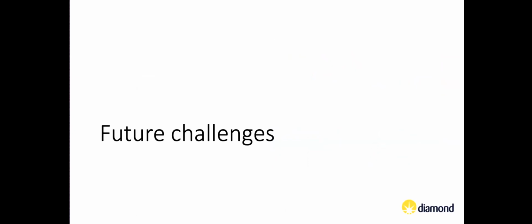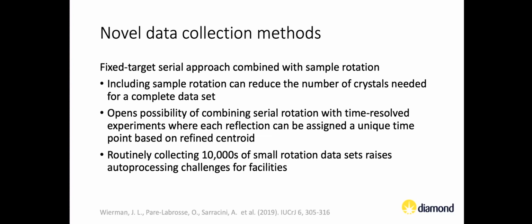Just finally, I'll finish with a couple of slides on what I see as some of the future challenges that we face. There have been some developments in recent years. For example, this group out of CHESS wants to combine the fixed target serial approach with sample rotation. Rather than collecting a sequence of still images at every shot position, they collect a rotation data set, which, as Graham alluded to, reduces some of the systematic errors,